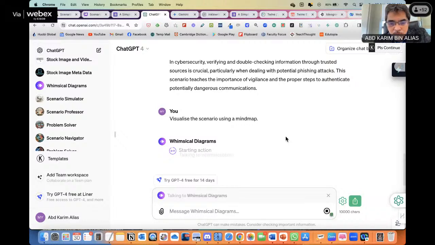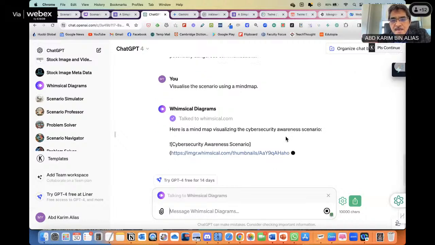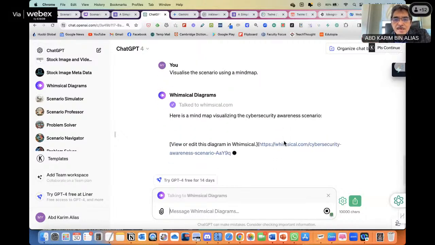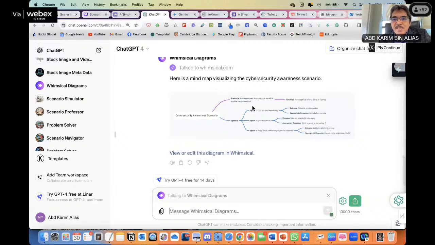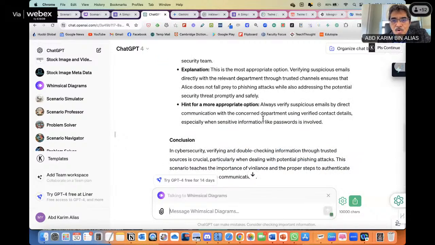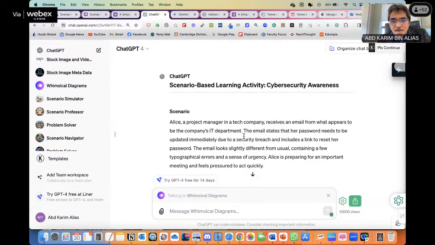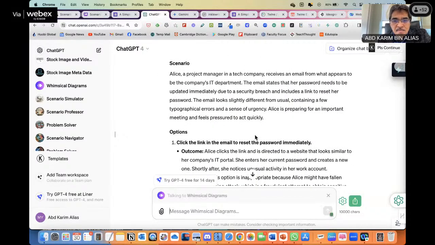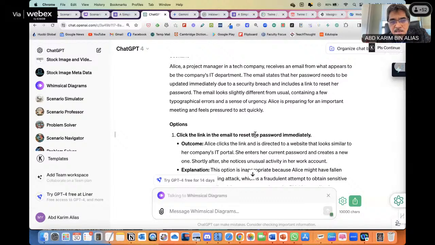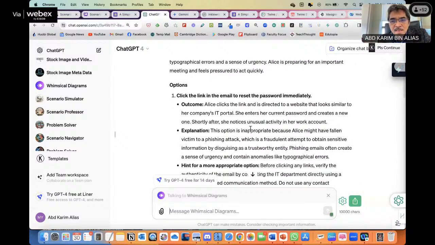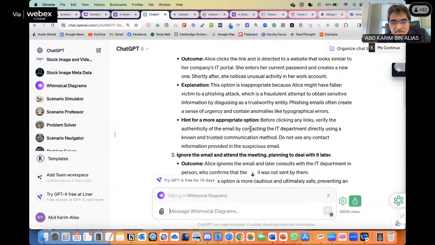So this is what I love about ChatGPT, because there are thousands of GPTs that can perform different functions, different tasks. Within minutes, it will display the whole scenario just now. Imagine if you are doing multiple branching, it gets more and more complex, so sometimes you can get confused.